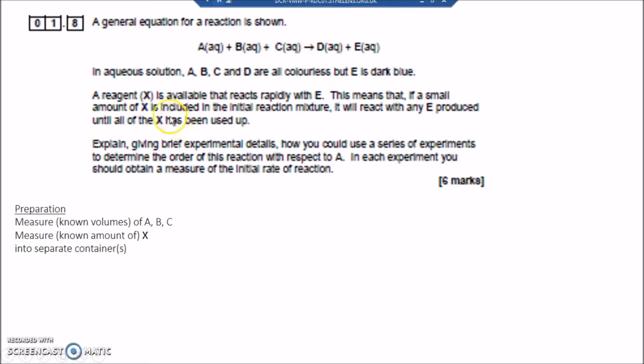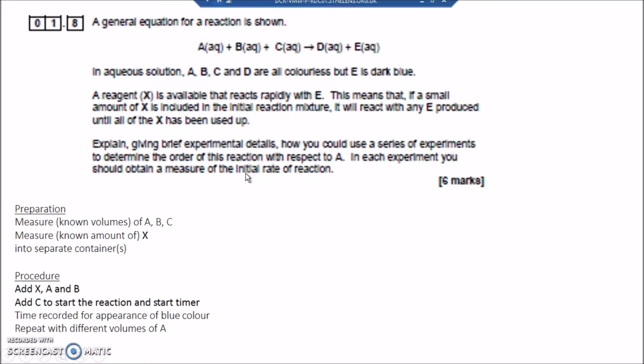Next, we're going to put X into the reaction mixture. It says that you put X in first. A small amount of X is included in the initial reaction mixture, so X will go in first, and then maybe you'll add A and B and start the reaction by adding the third chemical C. So you add X, which is the reagent which is going to react with E, and A and B, and you can start the reaction by adding the third chemical C, and you're going to start a timer, a stopwatch,